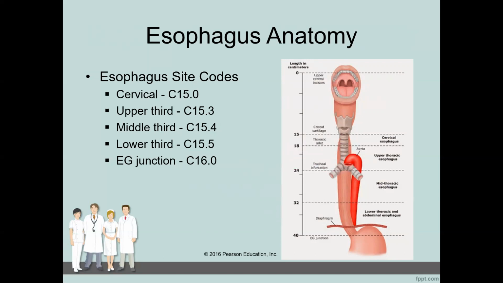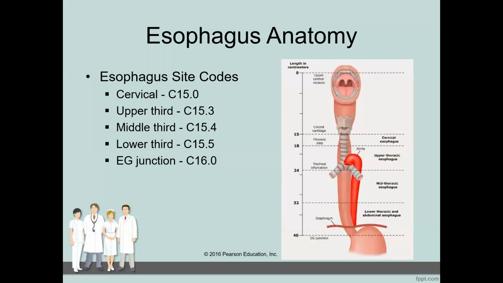When assigning the primary site code when abstracting, the codes are basically the cervical, upper third, middle third, and lower third of the esophagus with C15 codes. The esophageal gastric junction, EG junction, also known as the EGJ, is actually considered part of the stomach, which is why it has a